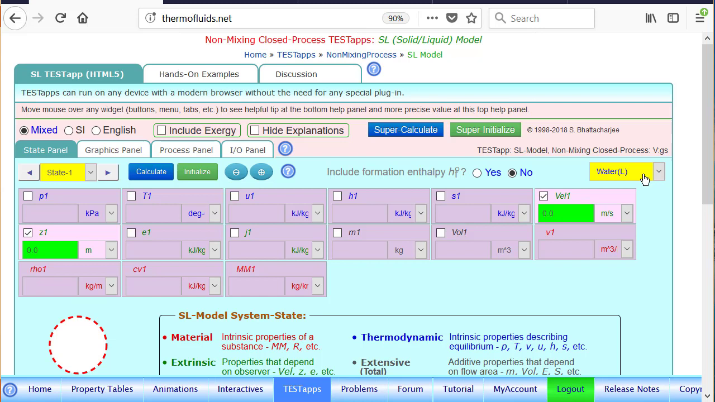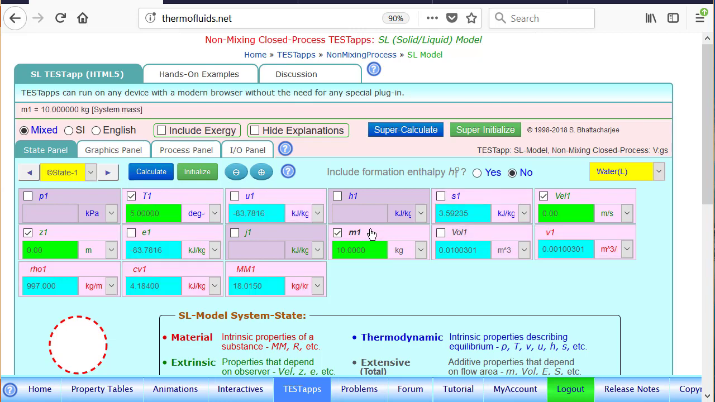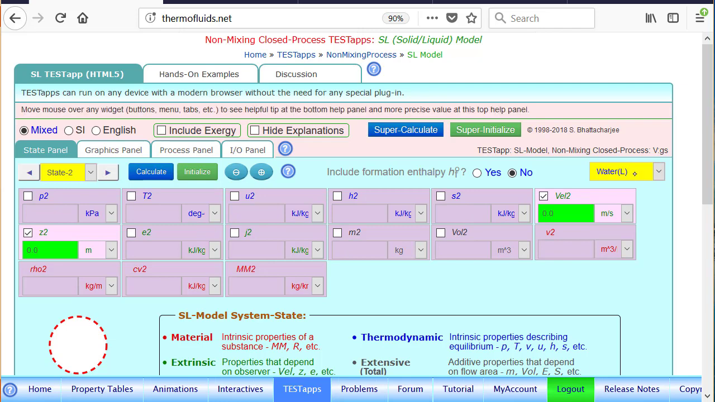For state 1, we have liquid water. Let's leave pressure alone, at 5 degrees Celsius, solid in degrees Celsius, that's good. And we have 10 kg of water. Notice that even though we don't know pressure, we have figured out the specific energy and specific entropy of water, because it's only a function of temperature. When the water temperature rises to 20 degrees Celsius, it is the same mass,